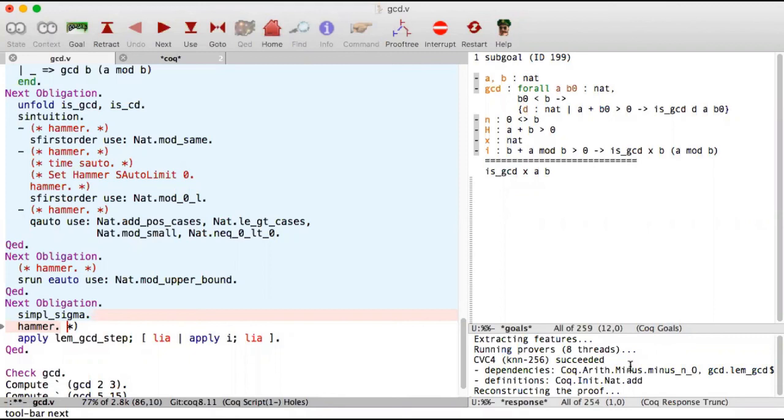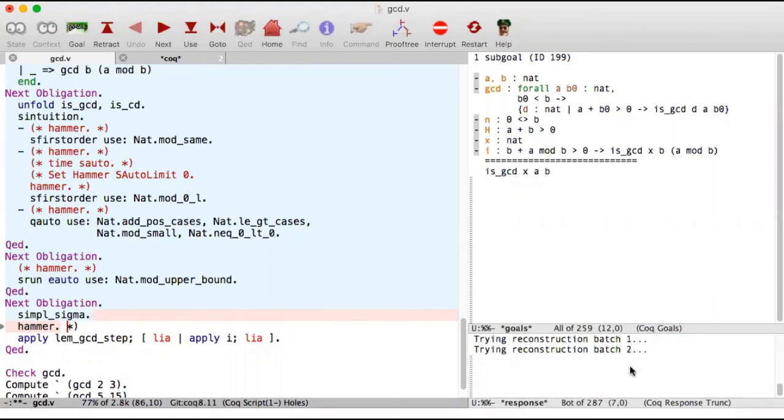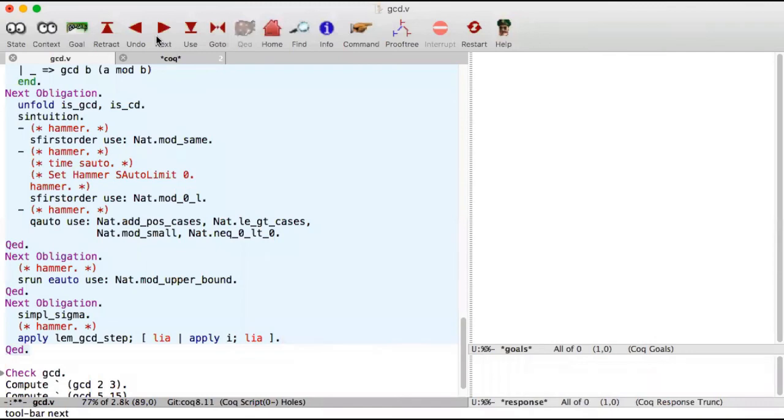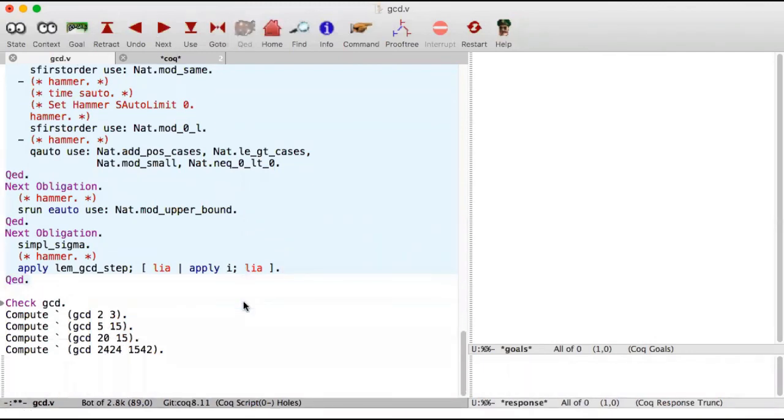The CVC4 prover succeeded, but somehow the sauto based reconstruction tactics couldn't recreate the proof. Actually, we only need our helper lemma here, and the sub-goals may be solved using lia. We have thus defined a fully specified formalized greatest common divisor function. We can compute with it